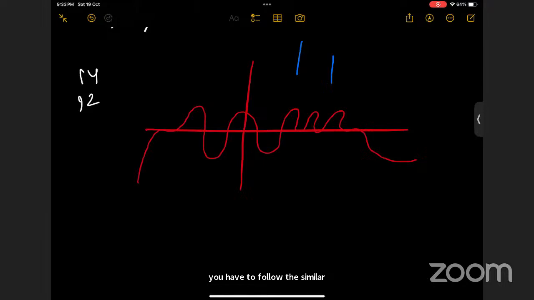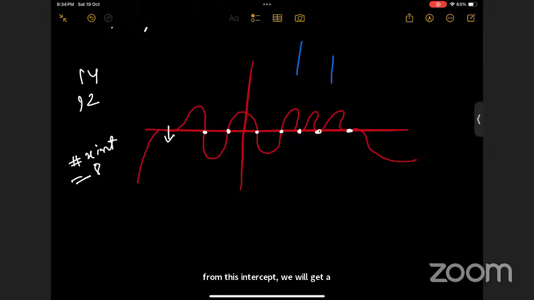So what is our first step? We will check the x-intercepts, right? How many x-intercepts are there? 8 x-intercepts. Okay. So 8: 1, 2, 3, 4, 5, 6, 7, 8. So total 8 intercepts are there. From this intercept, we will get a